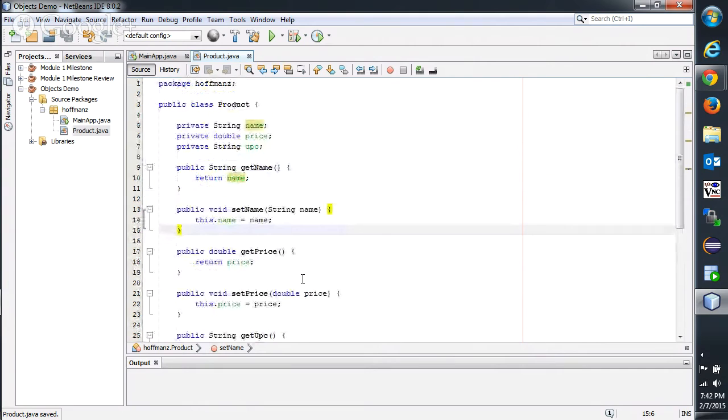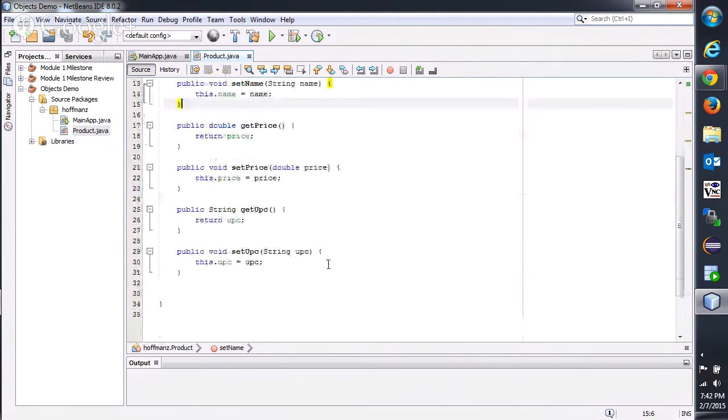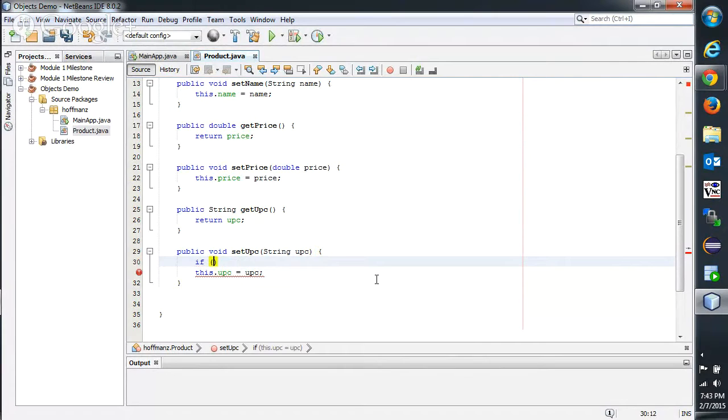Another good example would be that the person developing this product class for creating product objects may have some specific knowledge that they need to enforce specific requirements. Like, let's say, for example, that the person developing this class is aware that UPC, a universal product code, must be exactly 12 characters. So one thing that developer could do is in the UPC setter add some kind of condition like,